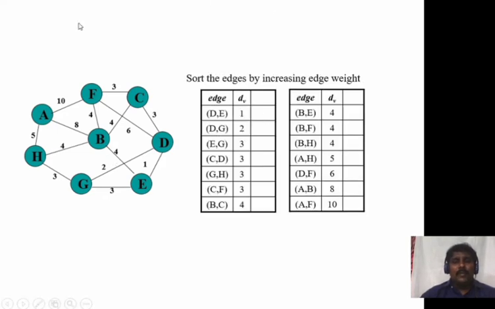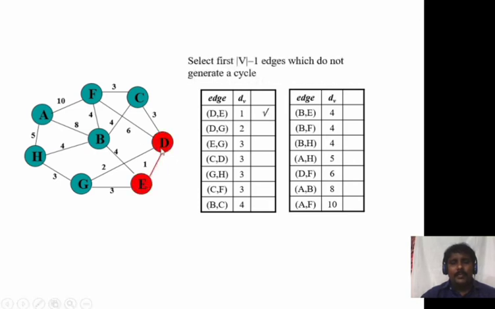So first of all, I will start from the least weight. I have started from D. Now I will calculate the edges from D to E. First, from D I will select D to E. What is the weight for D to E? It is 1. Yes, there is a weight from D to E, so I have put a tick. Next, D to G. Yes, there is a least weight from D to G. I have put a tick.